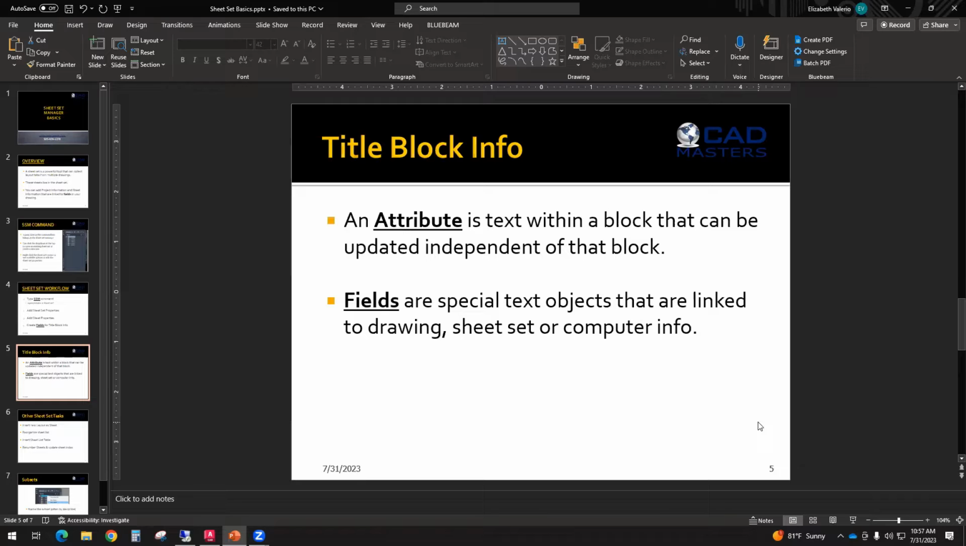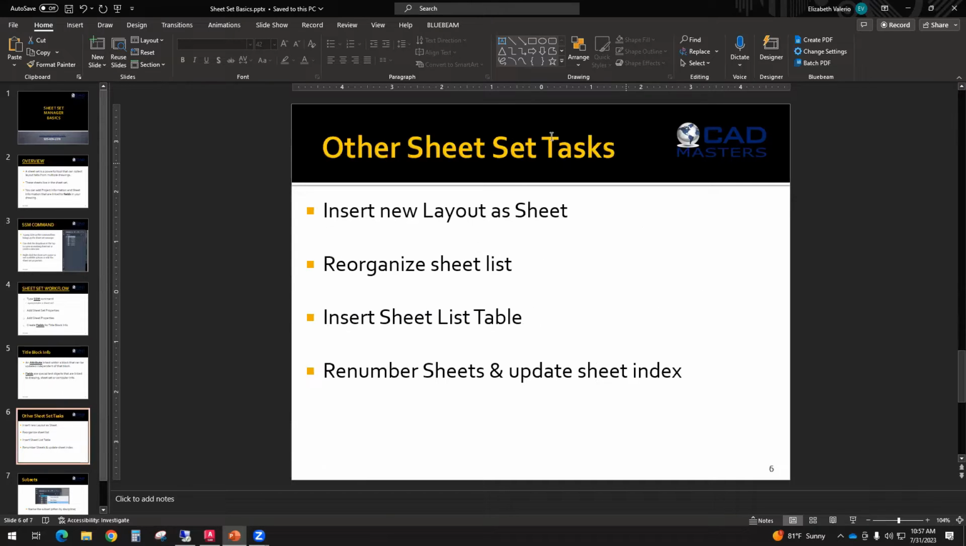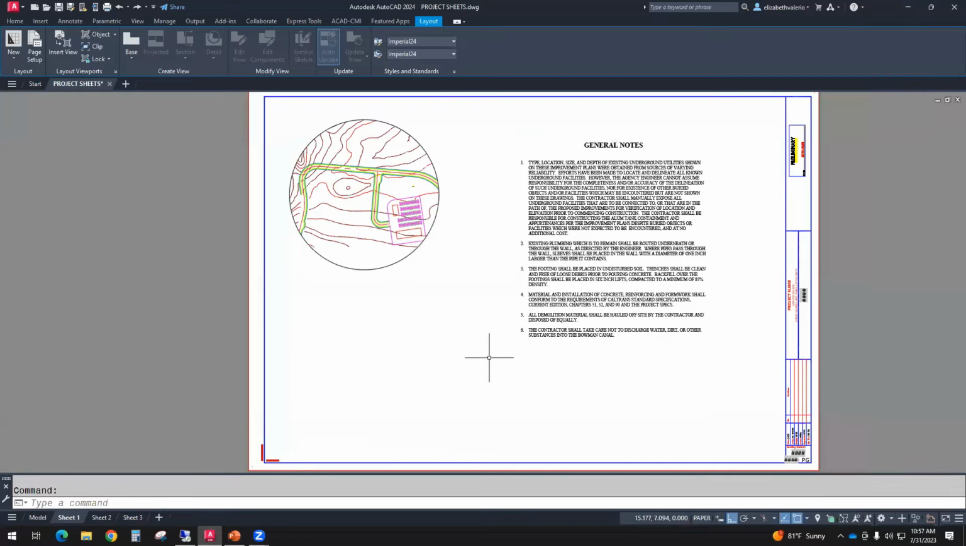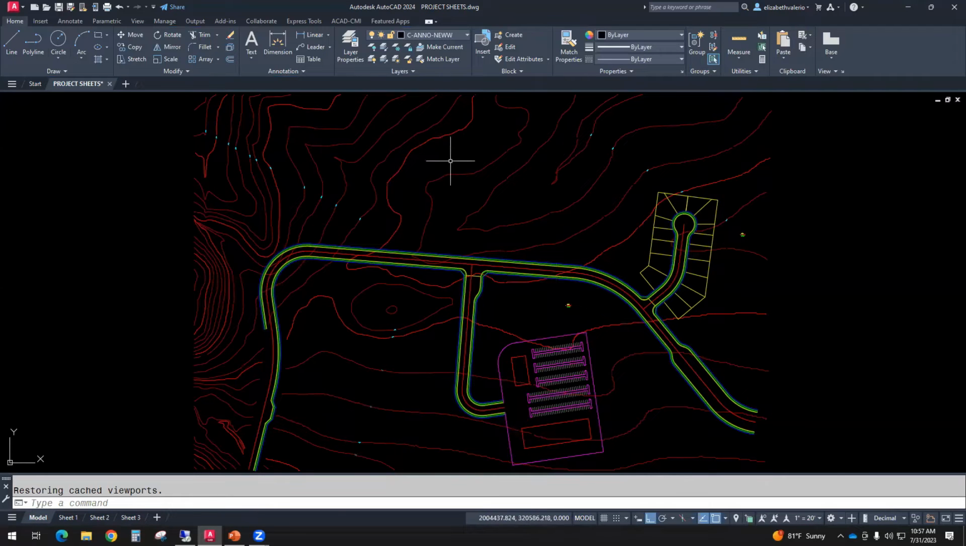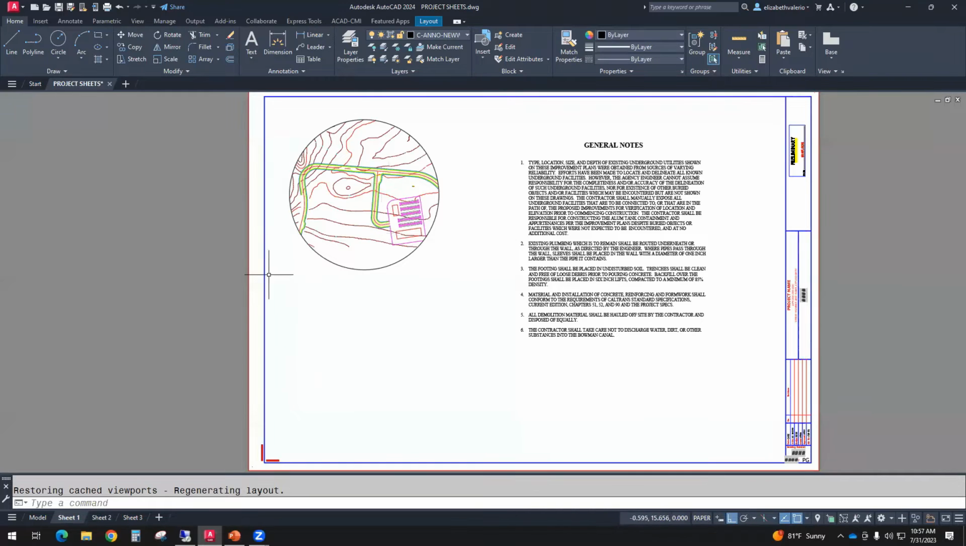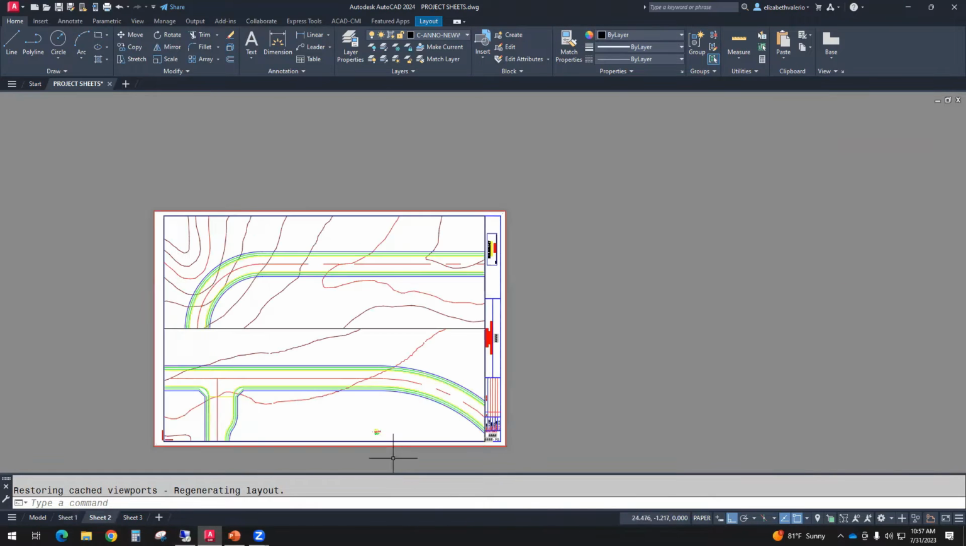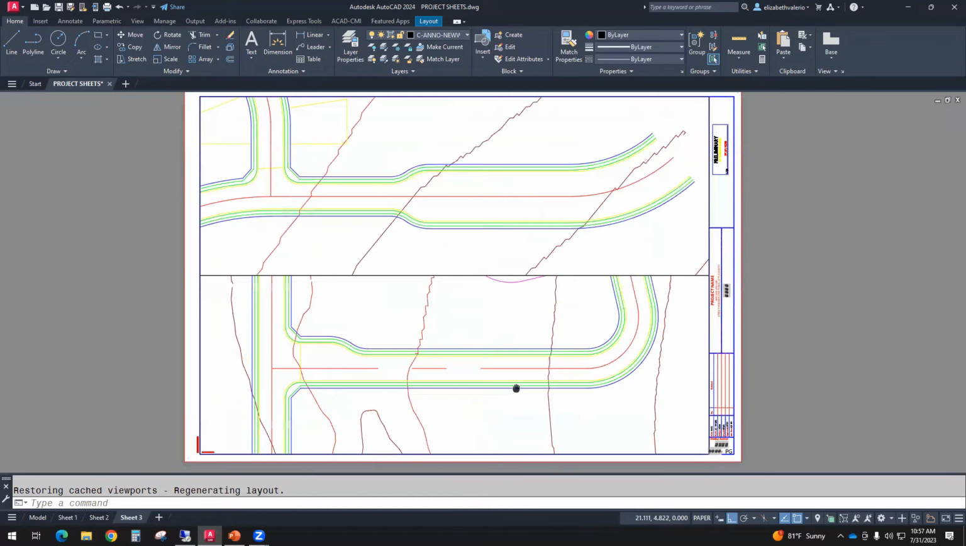So let's get started in our drawing. Once we have things set up, we'll come back and take a look at a few more sheet set tasks. So here I have a drawing file in model space. I have a development drawing and some contour lines. I've created a sheet 1, which has a vicinity map or site map and some general notes. I have a sheet 2, which is the beginning of our road design, and sheet 3, which continues the road